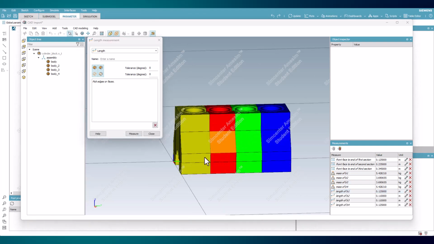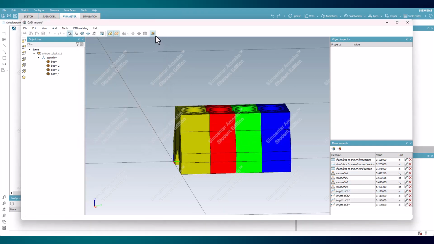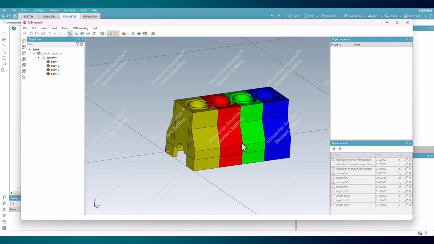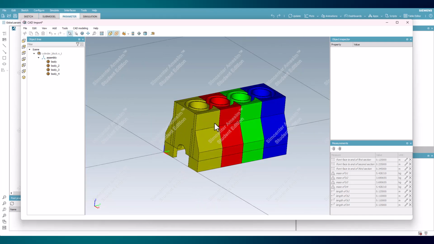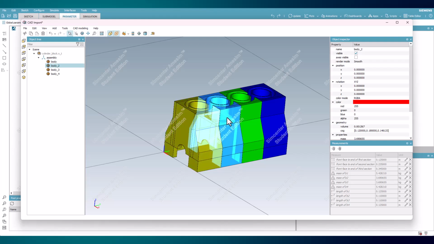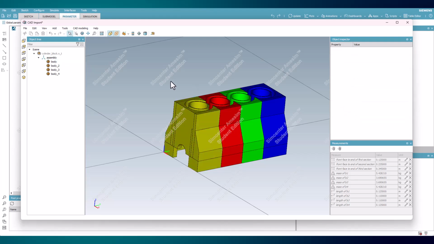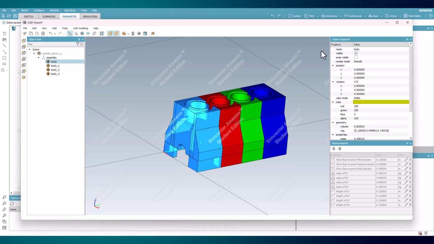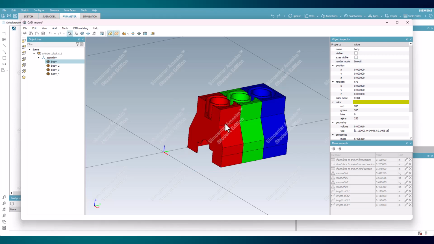For the last criteria, areas, let's first leave the measurement mode. The area between each of the bodies cannot be directly found within the model presently. One of the bodies must be removed to proceed and can be done so by selecting the first body within the object tree and unchecking the visible box next to it. This will make the face for the second body available to be selected from.